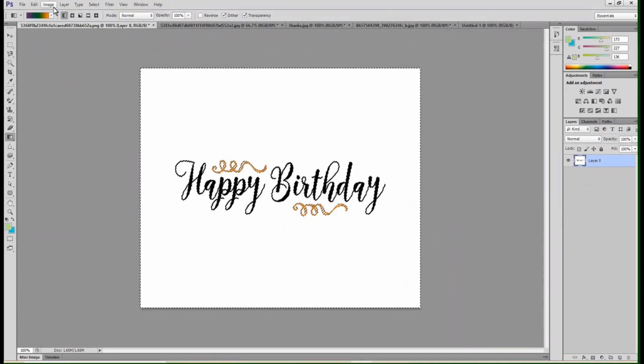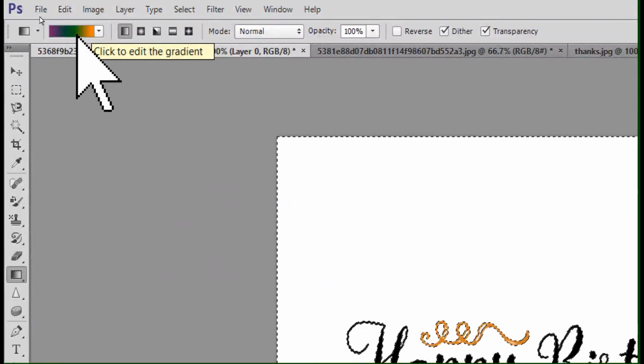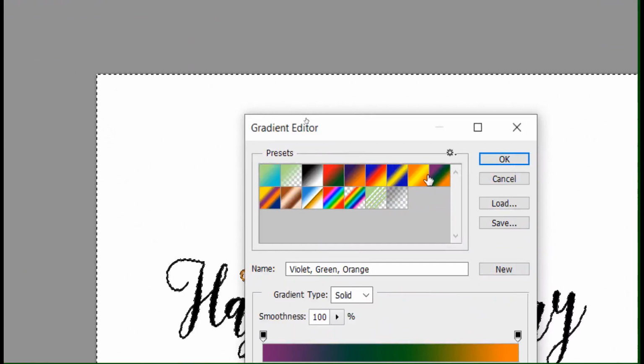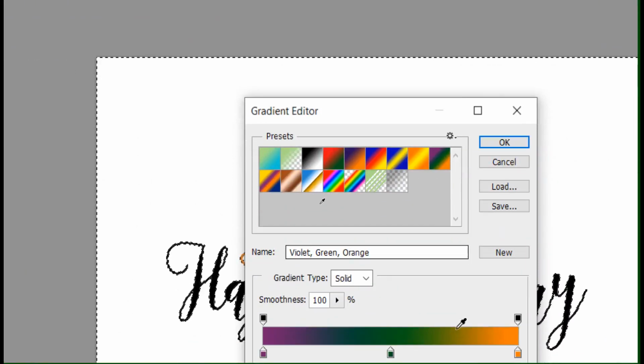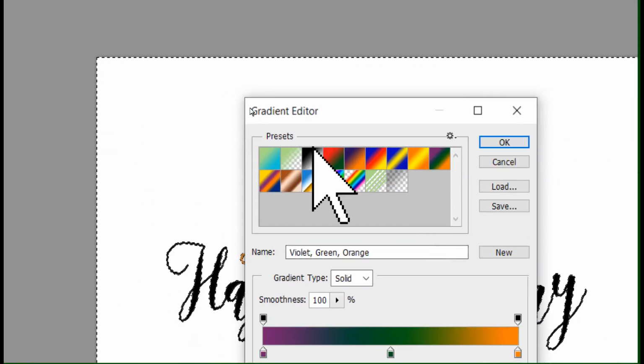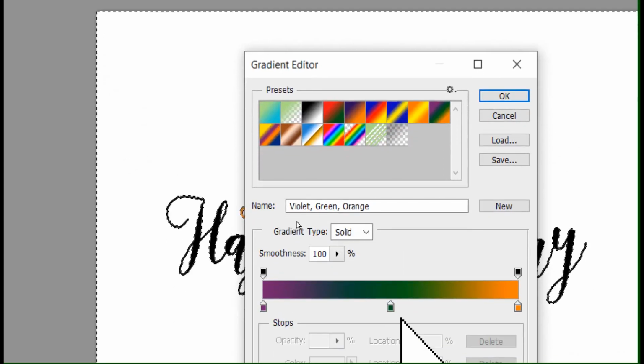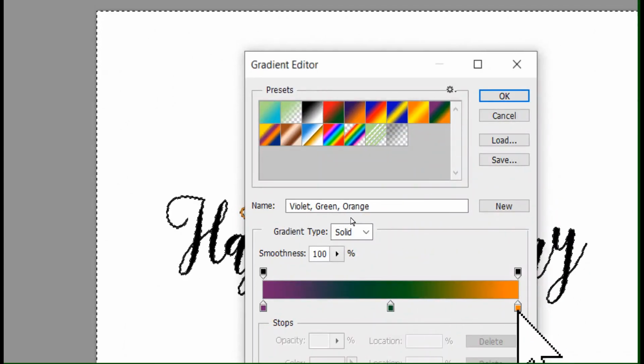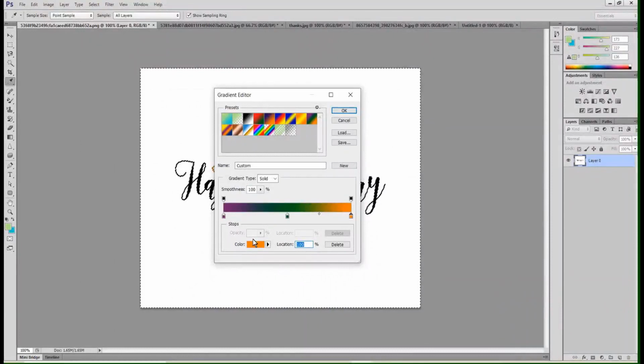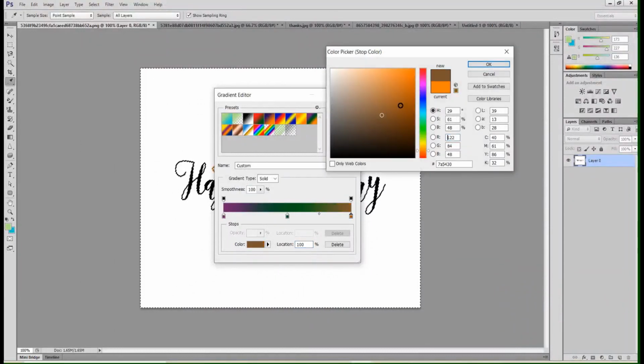Now instead of clicking on this down arrow, I am clicking on the gradient itself to open the gradient editor window. In this gradient editor window, there are presets available. So these are the tabs to set the color. That means here we are going to create new gradients. Click on this tab, choose the color that you want, any color that you want.